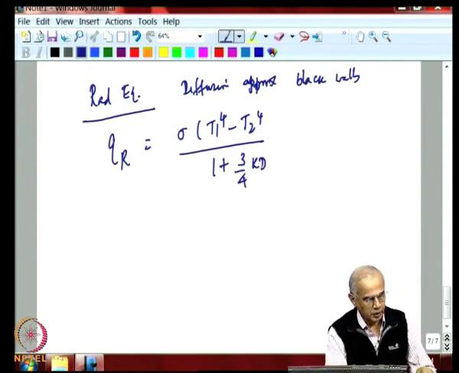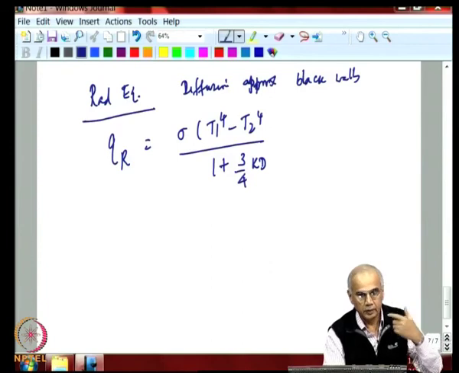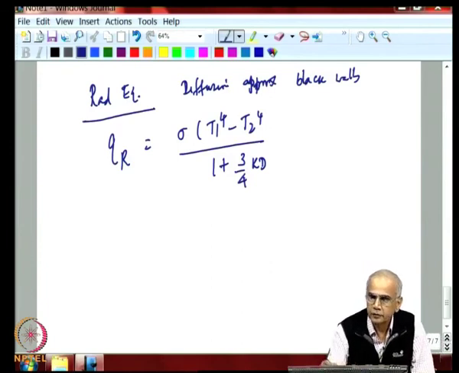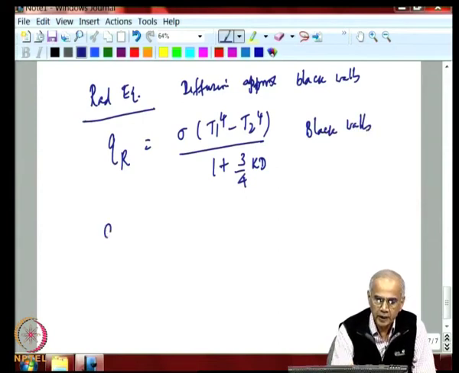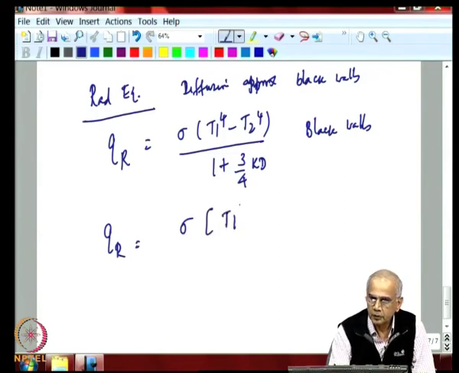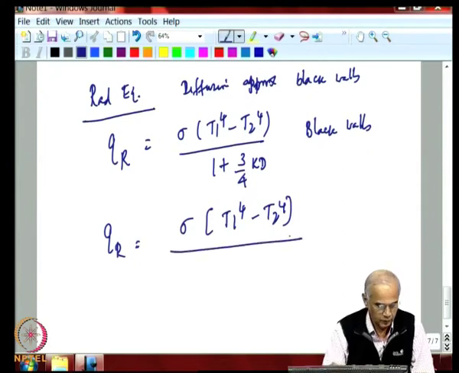So, this is the result we got. Then we also solved the problem where the wall was not black. This is for black walls. For non-black walls, we extend the result using the wall condition, and that was